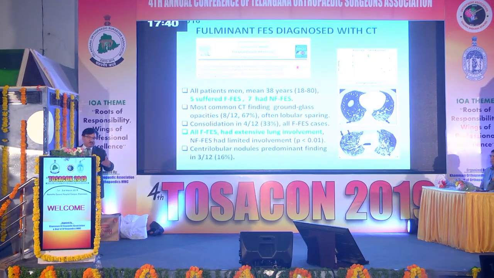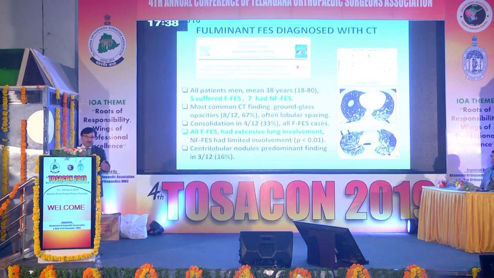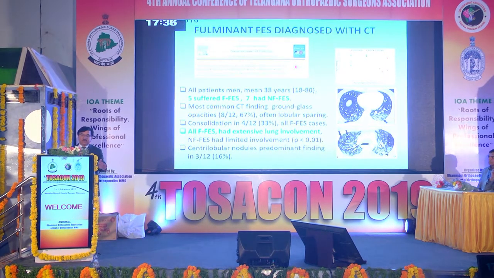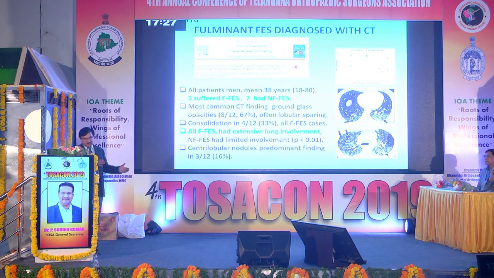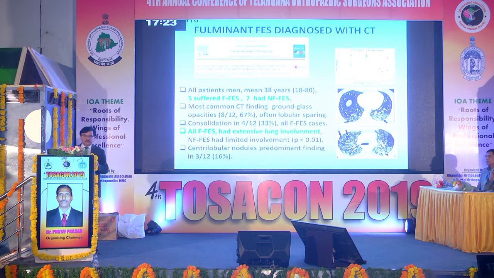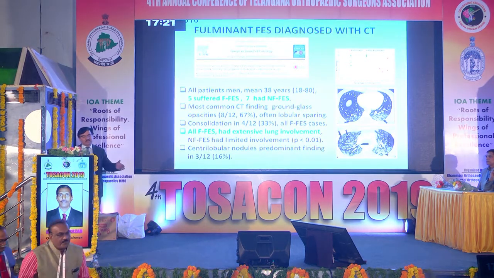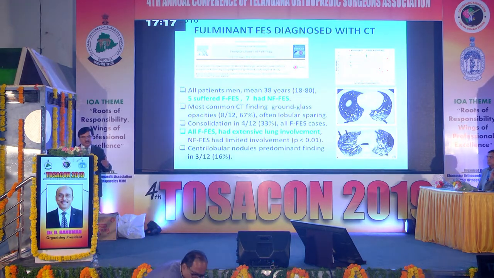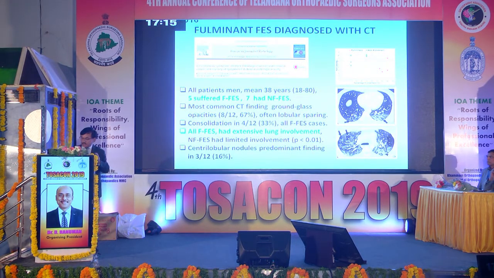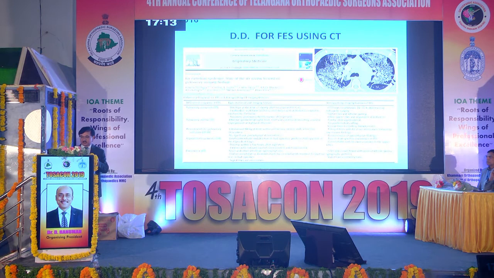We need to be aware of it, and it can be a real emergency. And it has been found out that if we do a CT scan of the lungs, it can very well differentiate between a patient going for this fulminant type, where the mortality is reasonably high, more than 10%, vis-a-vis a conventional kind of fat embolism, where we see a mortality of 2%. So this definition is best made by a CT of the lungs in this situation.